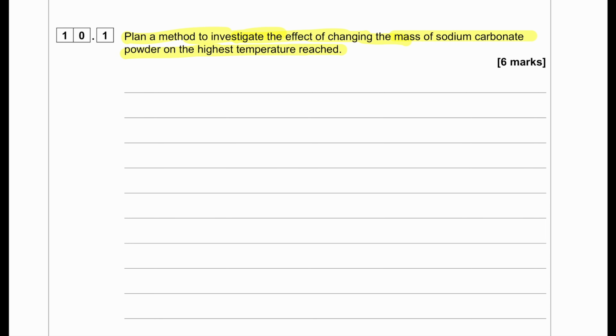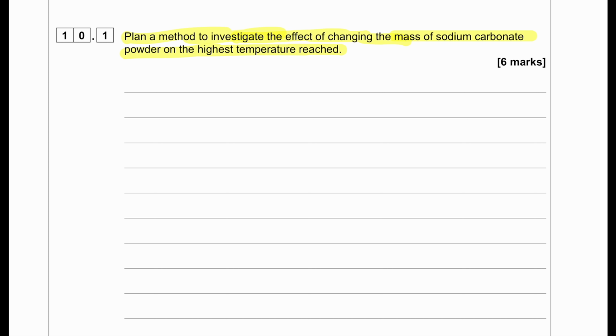temperature reached. Okay guys, in a question like this, first of all, we would have to have a pretty good volume of hydrochloric acid, because we're going to use the same amount of hydrochloric acid in all of the experiments. So we're going to measure the volume of hydrochloric acid using a measuring cylinder, and then pour the hydrochloric acid into a suitable container, for example a polystyrene cup, and we're going to measure the initial temperature of the hydrochloric acid when it is in that